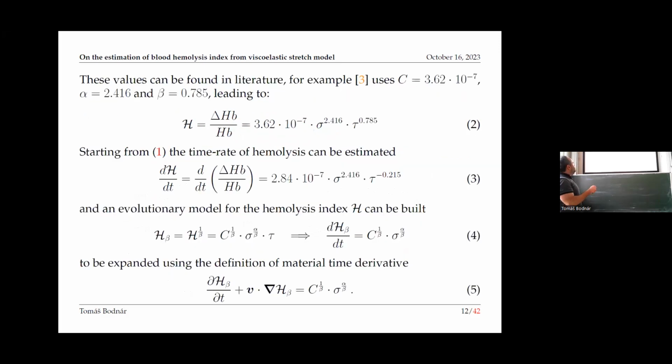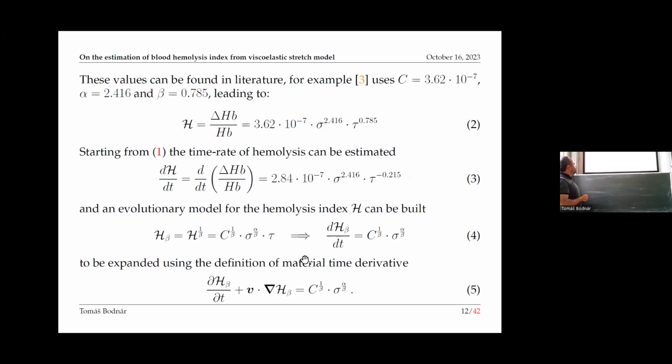So this is how to treat the problem in some intelligent way. So this is the correlation. Here you can see one possible set of coefficients. From this you can simply derive what will be the time rate of change of this hemolysis index. You just take a derivative with respect to time. There is nothing really special on this because this is really the exposure time. So this is the only change that you will observe. And then you can play with